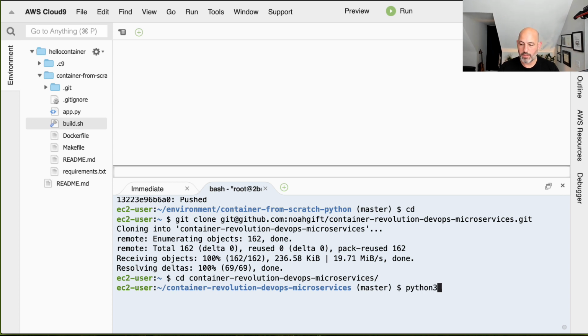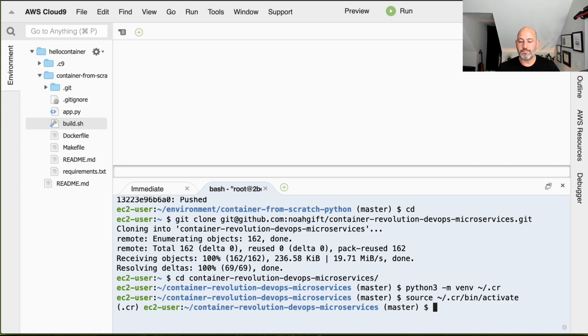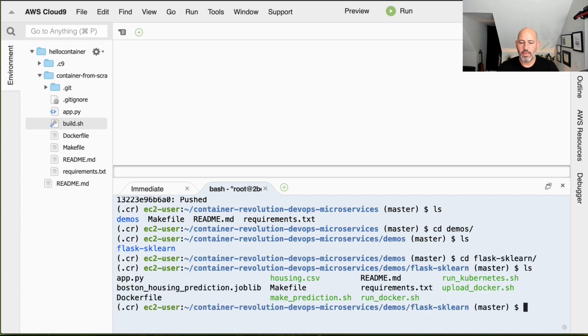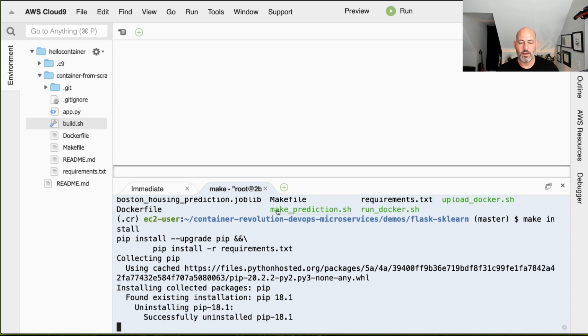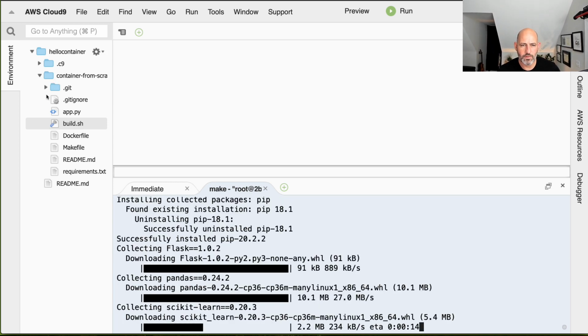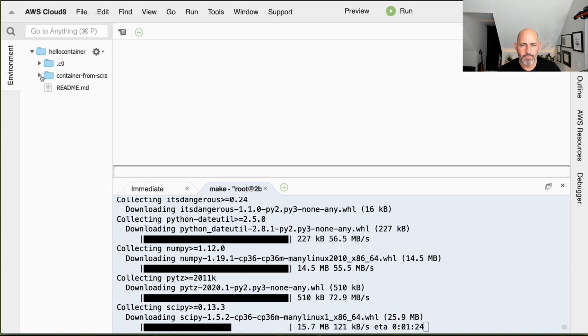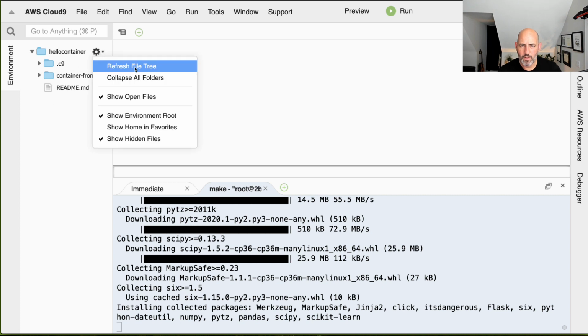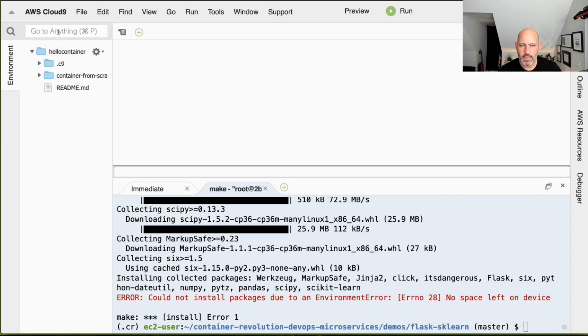So I'm just going to create a python3 -m venv virtual environment, and we'll call this ~/.cr virtual environment. And then I'll source it. And from here, I'm able to cd into, or I'm already cd'ing into it, and just run a make install. But I'm going to go into this demos directory because it's in here. And then I'm going to say make install. And we can see exactly everything that's happening in this project. If I go to